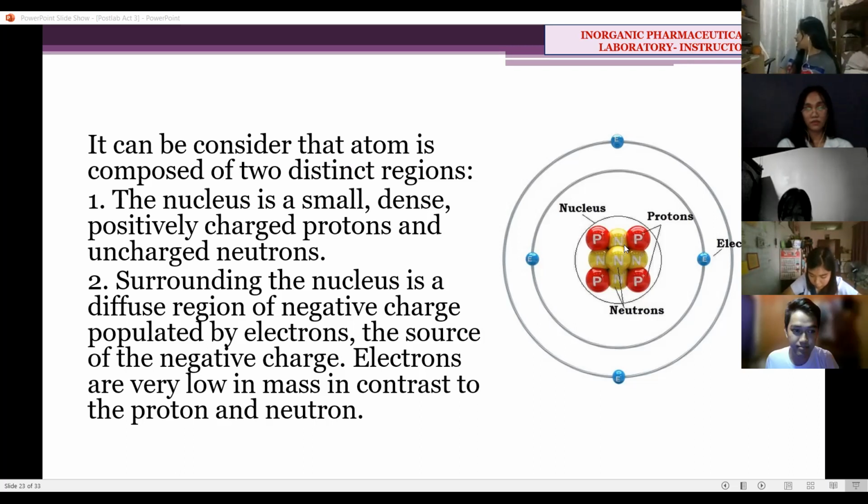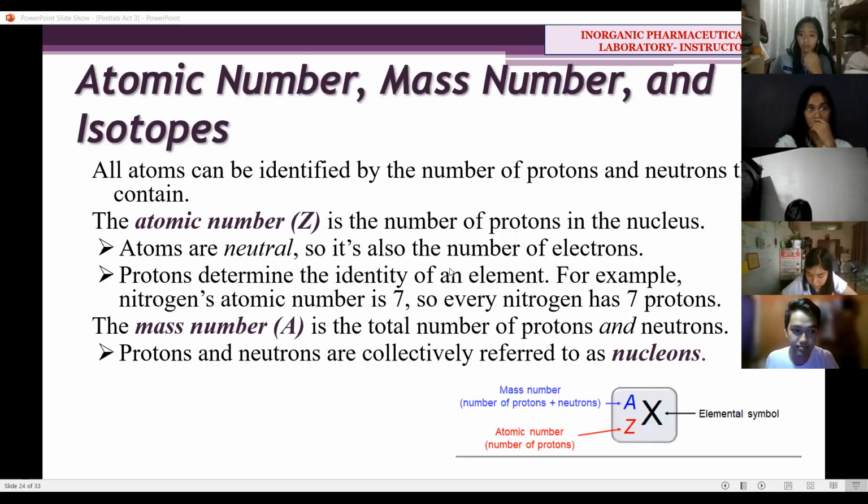Now for the atomic mass, remember that it represents the number of protons and neutrons only. Because, as the reporter also reported, electrons have very low mass, so they are not counted when it comes to the atomic mass. Only the protons and the neutrons. Electrons are very small. So we have numbers like the atomic number and the mass number. Let's not discuss the isotopes yet. The lecture on that is tomorrow.